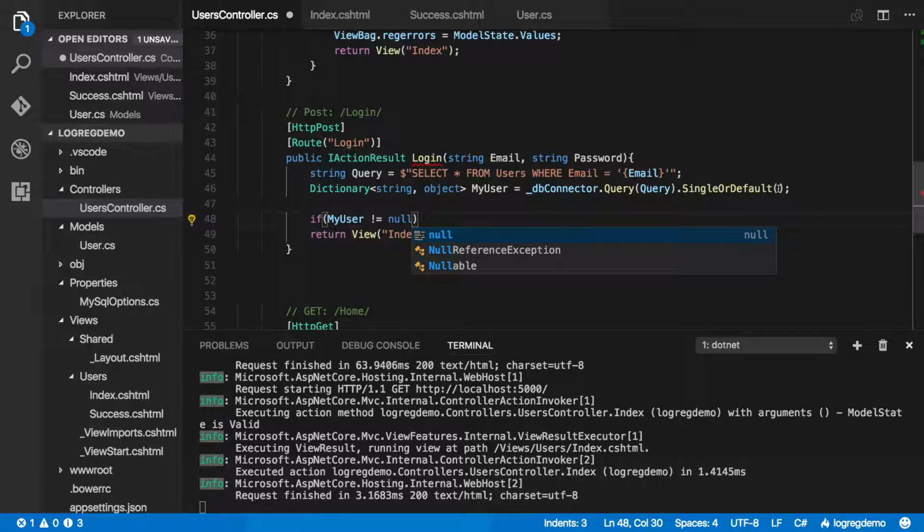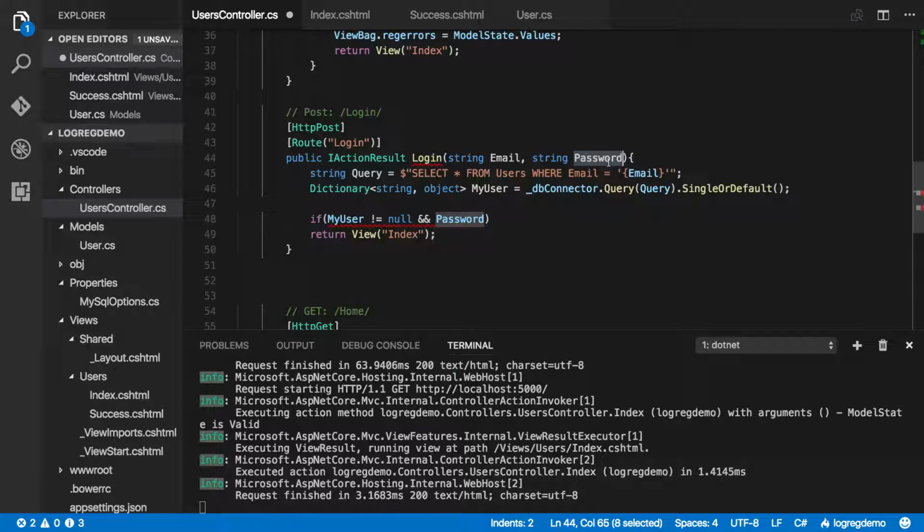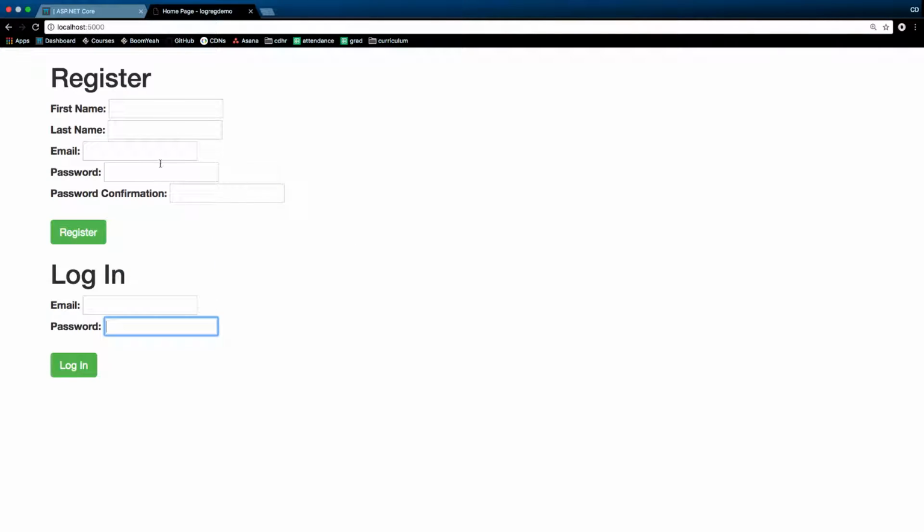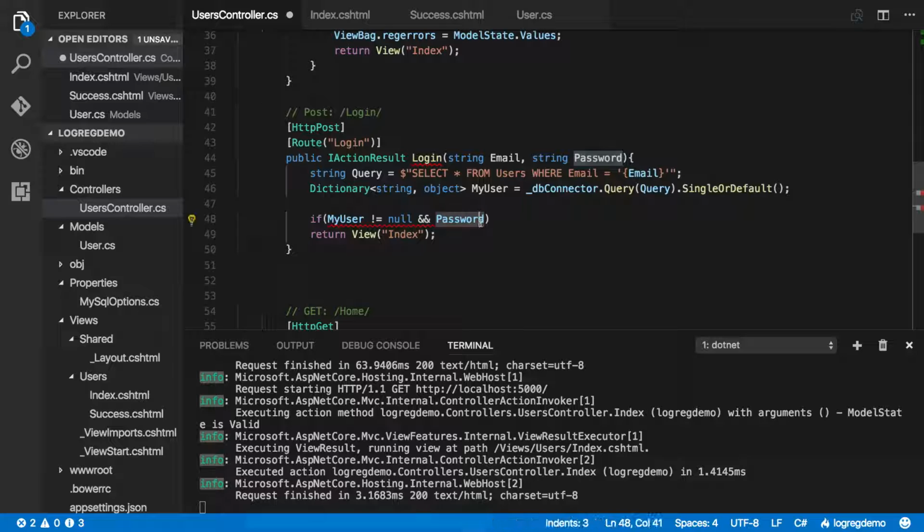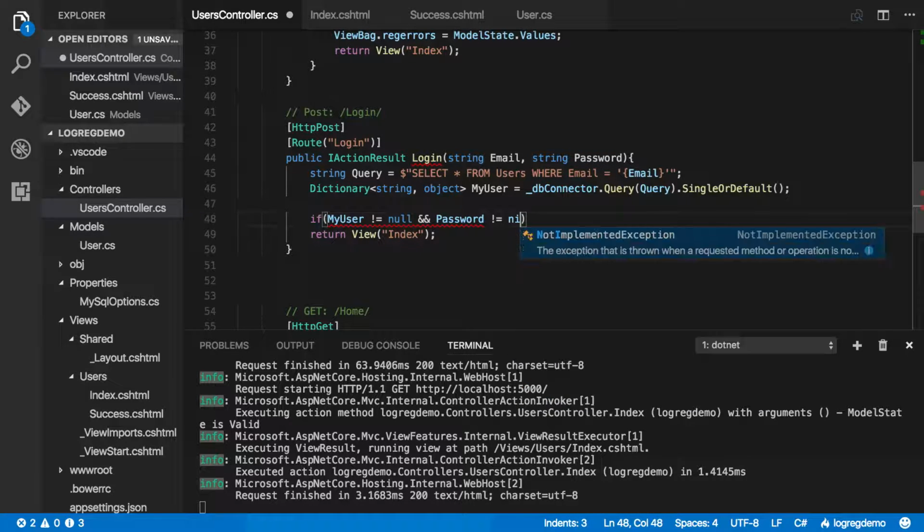Because we're hoping that it brought back something, and there might be some other checks we want to make. Oh, see if the password's the same. Yes. We want to first check if the password was even inputted. And password, so this is what was brought in through the field. So if someone didn't just do this and then click login,